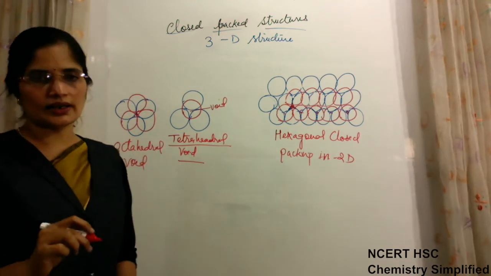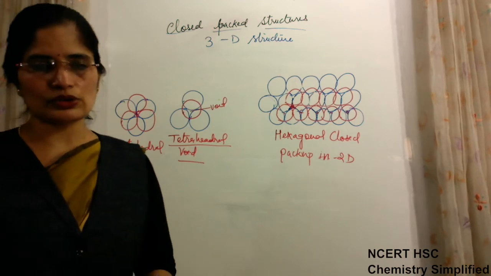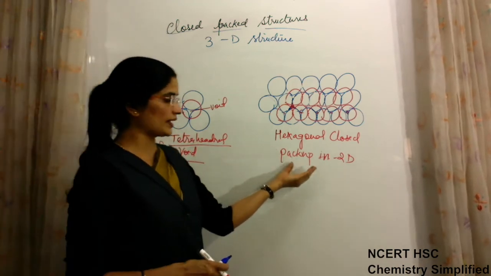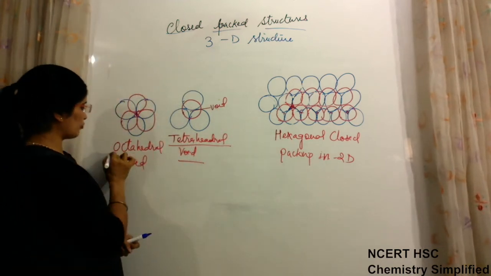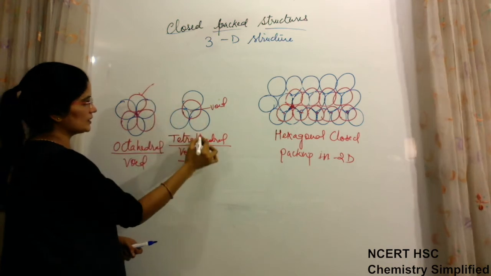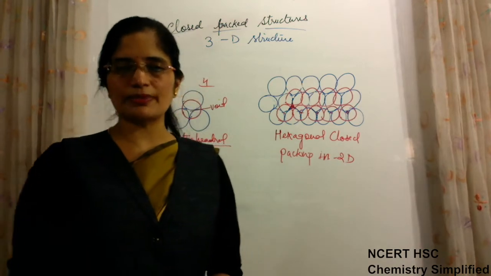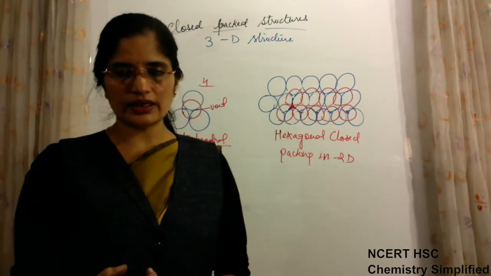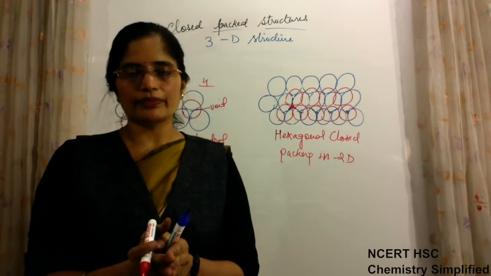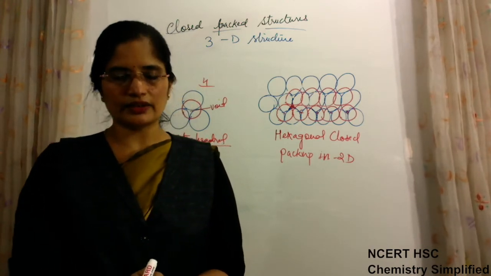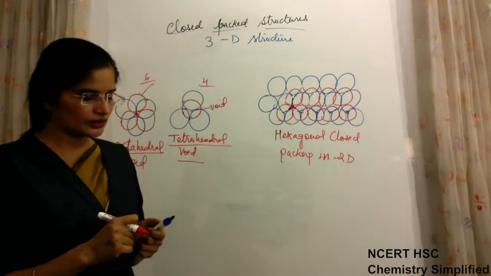So whenever there is hexagonal close packing, there are always 2 types of void generated. Hexagonal close packing, not square close packing. In hexagonal close packing, 2 types of voids: octahedral, covered by 6 particles, and tetrahedral, covered by 4 particles. These 2 voids will always be generated because particles are spherical, and whenever spherical structures are compressed into a shape, there are always voids left. They cannot be placed side by side like squares. There will always be a void.